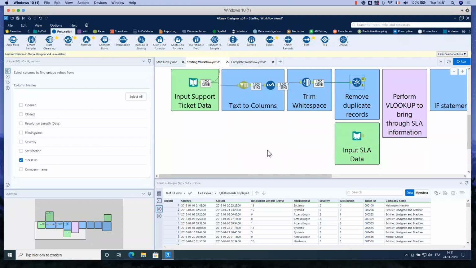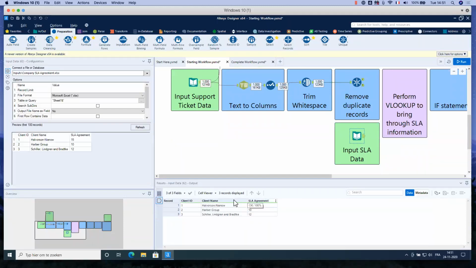And now we have another data set that contains the service level agreement for each company. So we have 3 companies here, the client ID and the service level agreement by company. So I would like to join this with my support ticket data.